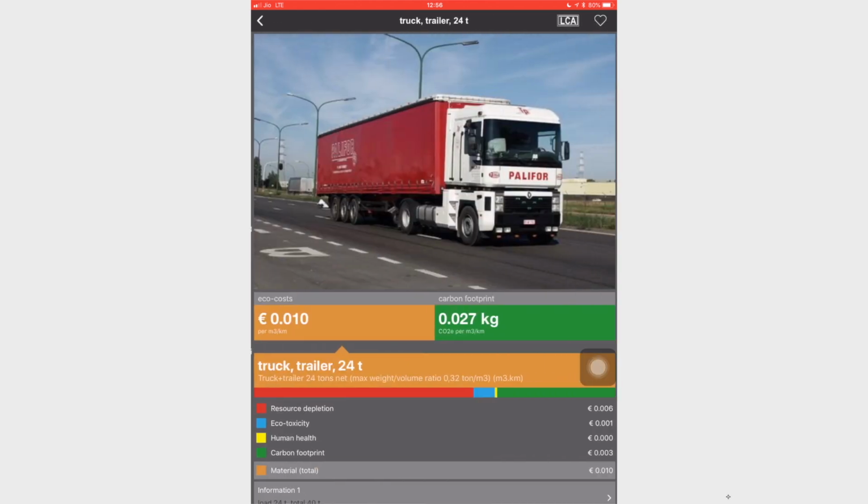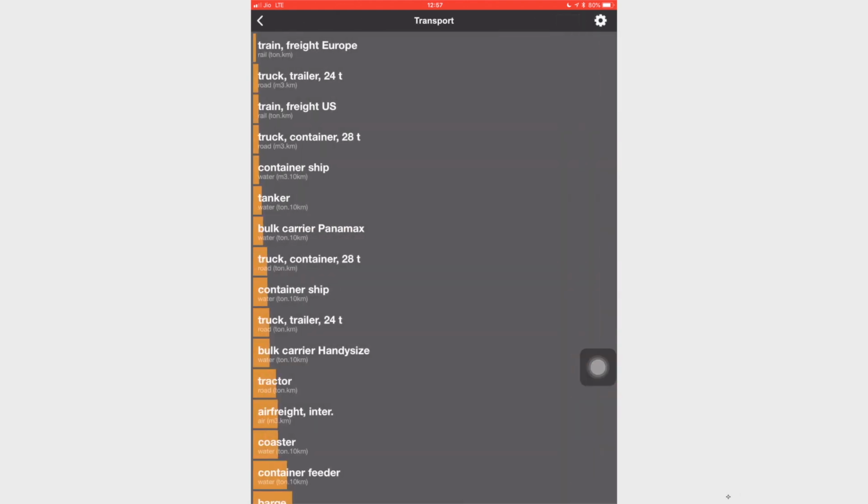If you do not know what a 24 ton truck trailer is, when you go into it you will see the picture of it. The fuel mix used by a truck trailer in Europe is very different from that used in India. These more sophisticated tools help you to also input the fuel mix, but for our very simple calculation we do not need to bother about so many complications.